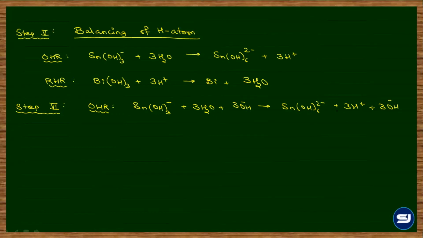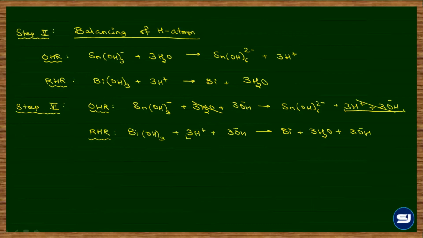Did you observe something? Yes, sir. The 3H2O will get nullified because this part will be reduced to 3 moles of water. You can just cancel this off. On the right-hand side, you will add 3OH minus equal to H plus on both sides. And here also, what is the observation? The water will get cancelled. Understood? So up to here, the balancing was in a similar manner.